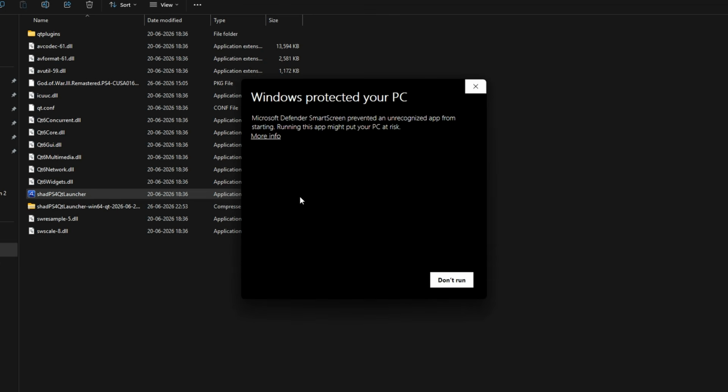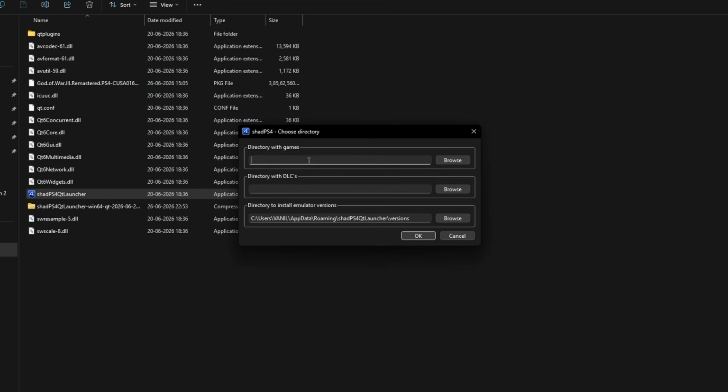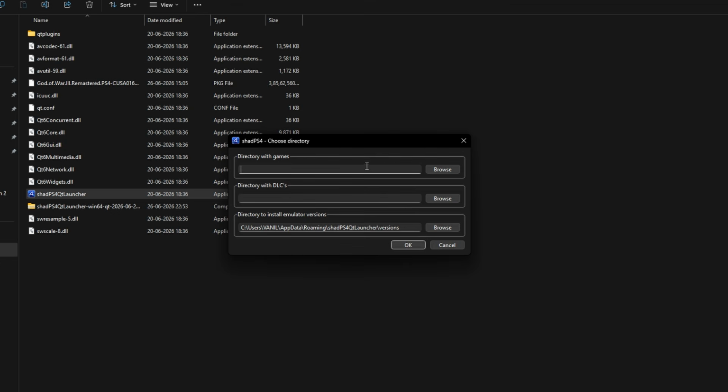Simply launch this, and it might say something like this because it's a third-party application, so any antivirus can detect this as a virus, but don't worry, it's safe. You can simply ignore the message. So yeah, now this is very important, make sure you select the correct directory wherever the PKG of your